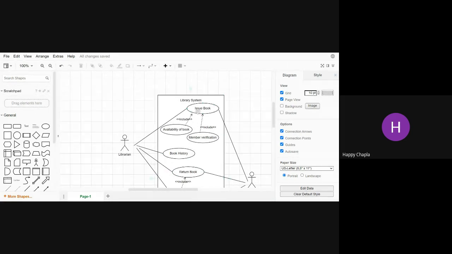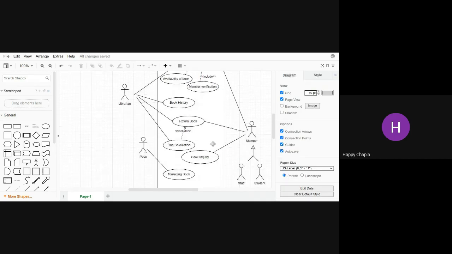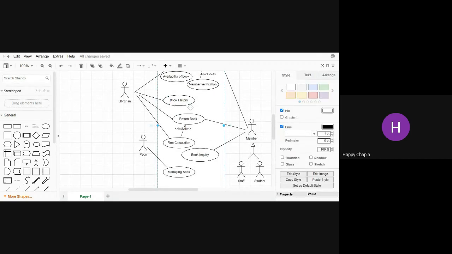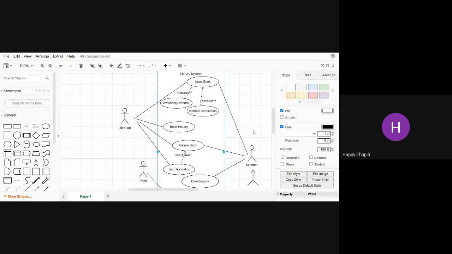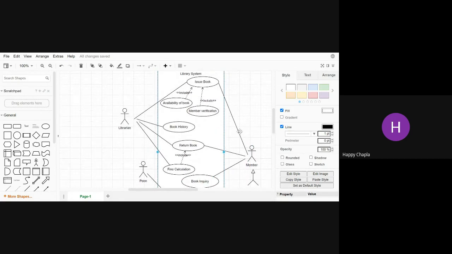Now, issue book will include member verification and availability of books. Clear? Now, what is book history? It will check the history of your books. Now the return book functionality may be performed by member, issue book is performed by member also, and book inquiry will also be performed by member.